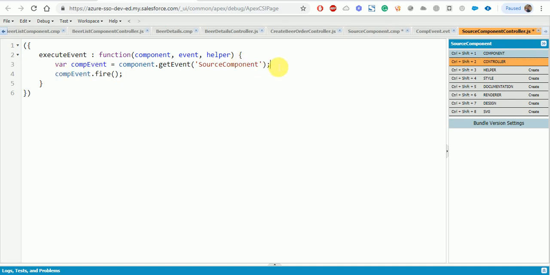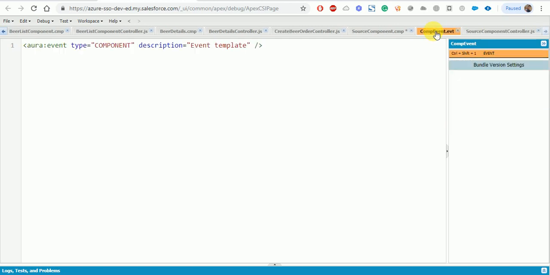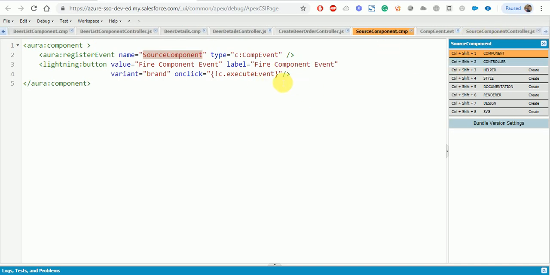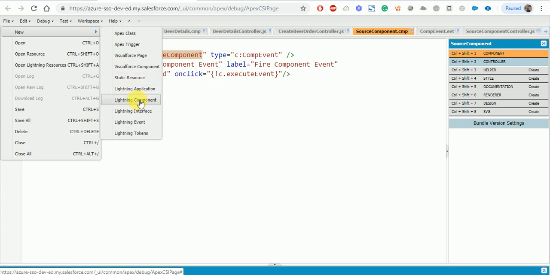So here we can also put one alert, and that will be source component. And so we are done with the source component and the event and the controller of the source component. So now next what we'll do, we will create a new component that will be